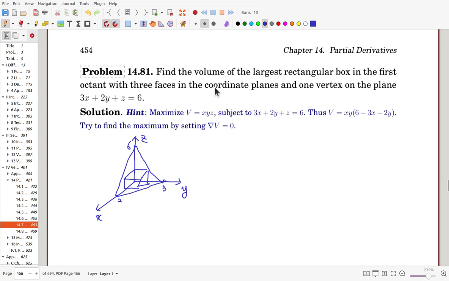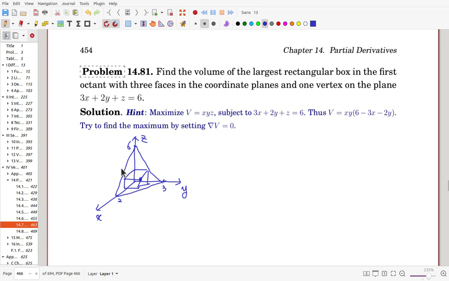The three faces are in the coordinate planes. So the bottom one, and then this vertex point is on the plane. Okay, so we want to